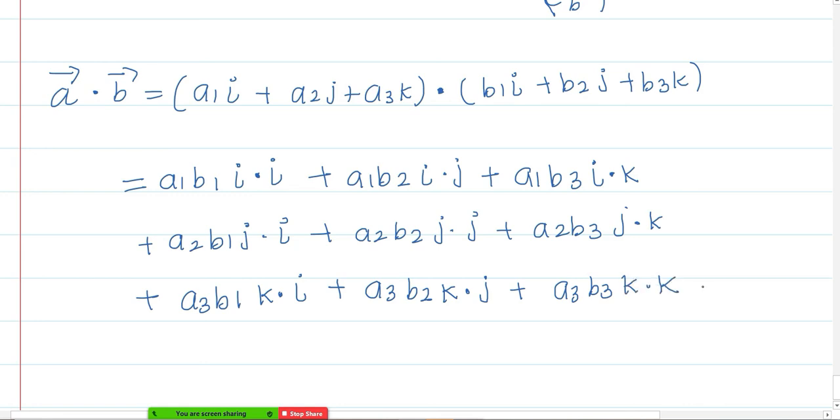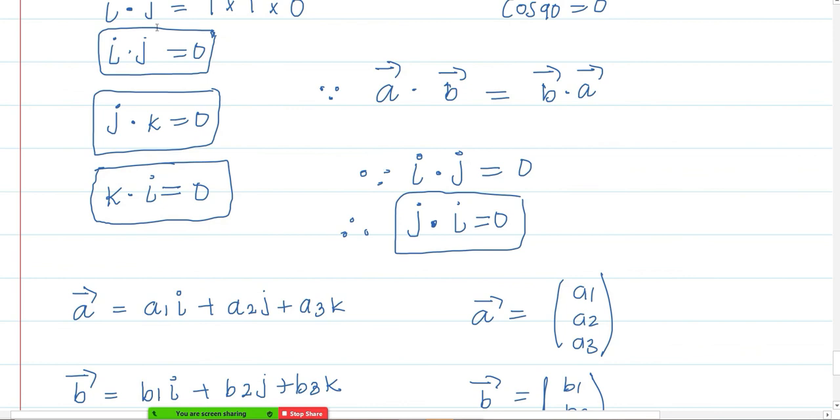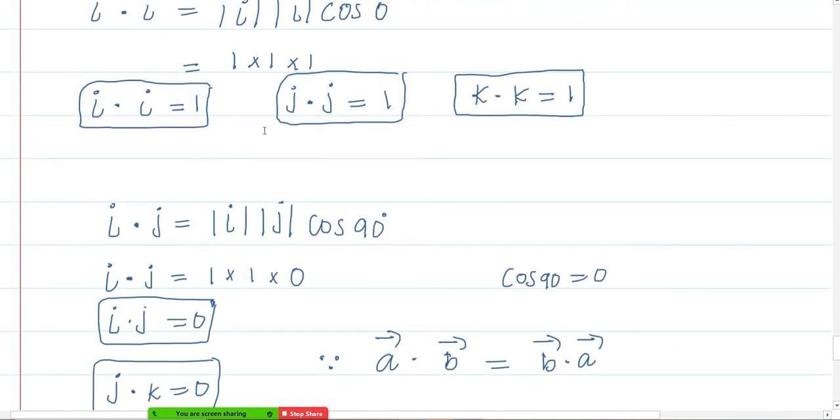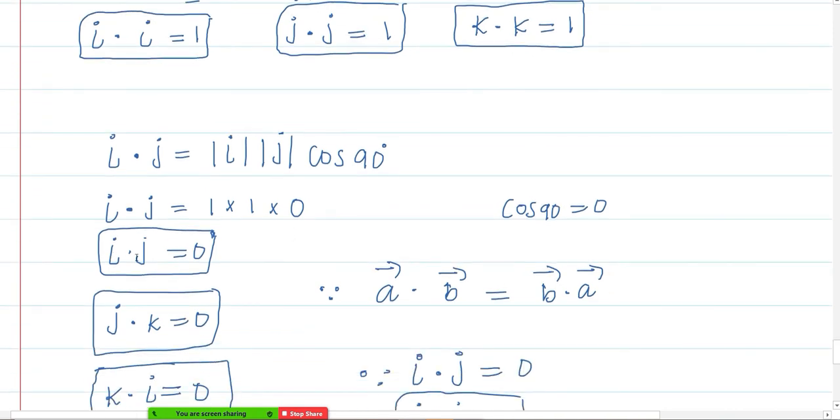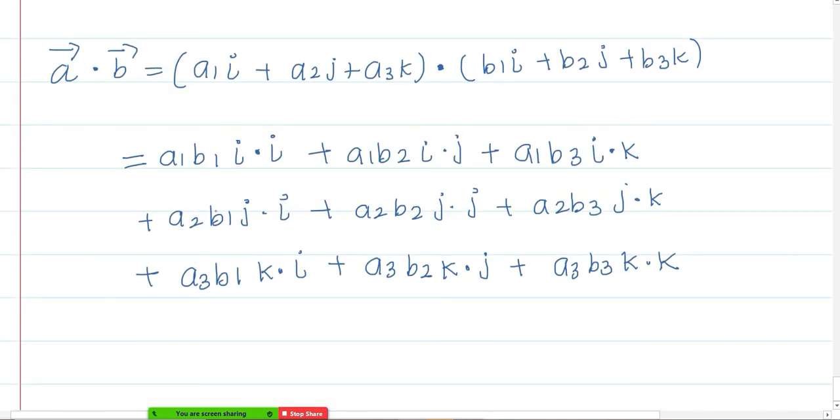Getting? Now we already worked on these results. See that here? In the previous set, I dot I is like the identity matrix: I dot I is 1, J dot J is 1, K dot K is 1. But I dot J, when it comes to the other one, it will become 0. So I dot I is 1, this also 1, and this also 1. Rest all will become what? I dot J, this is 0. All these terms will become 0. So if you substitute those values here correctly, finally you will get only these three terms underlined.